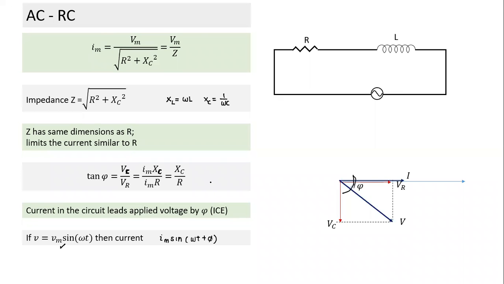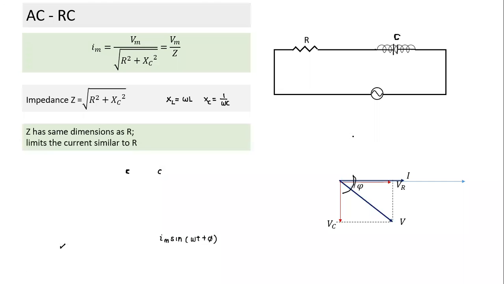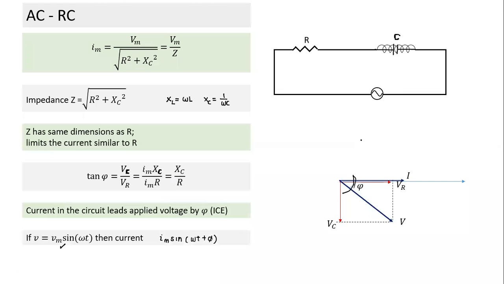So that's very similar to your RL circuit, and sorry, I think I copied some files. I have to make some corrections here. This also is a capacitor. I think I corrected the previous slide, but I missed this one. This also is an RC circuit only. Any question? Is this understood?